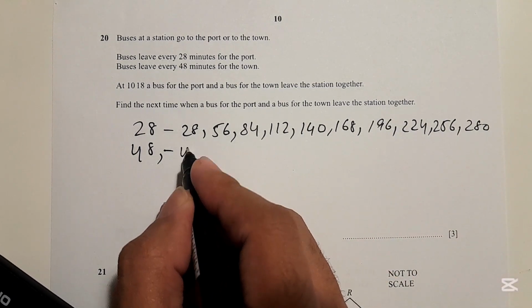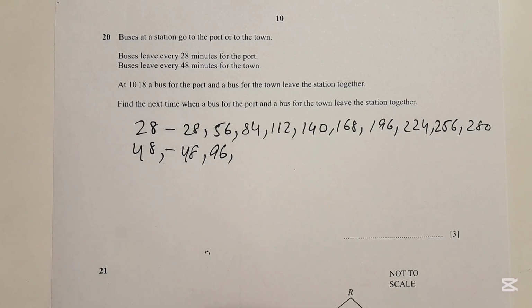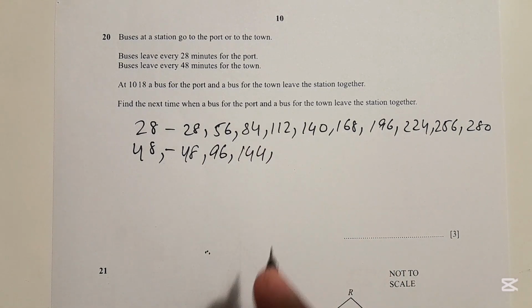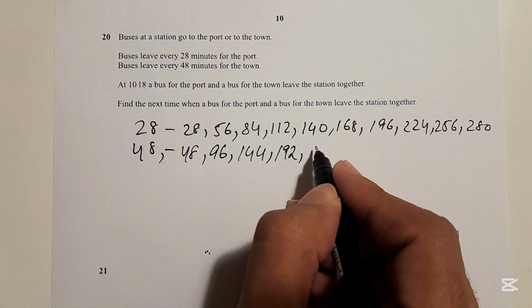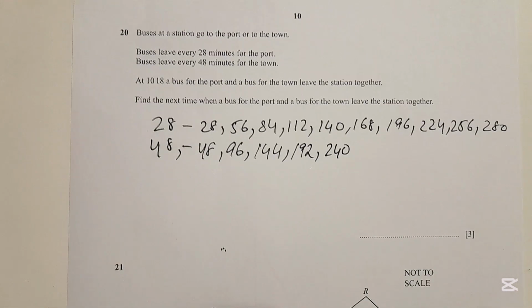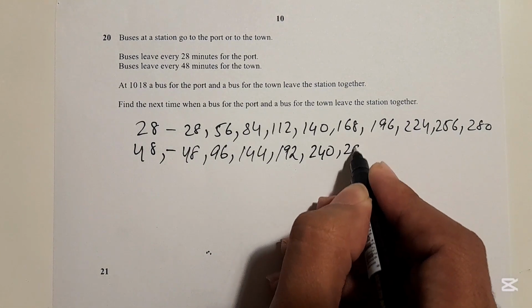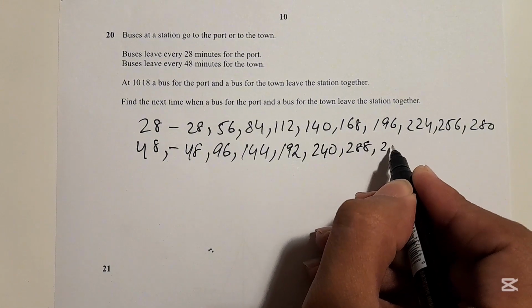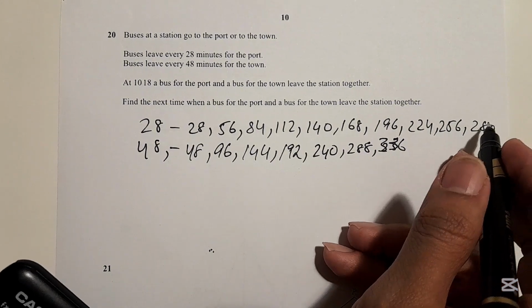Whereas for 48, it's 48, then 96, 144, 192, 240, 288, and 336. We can extend to 80